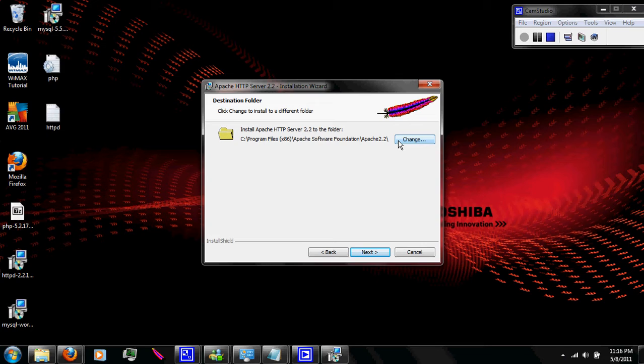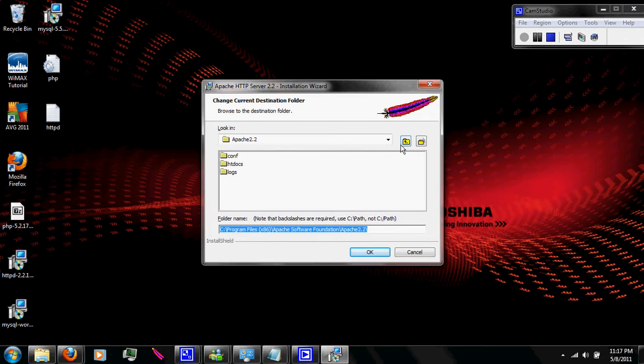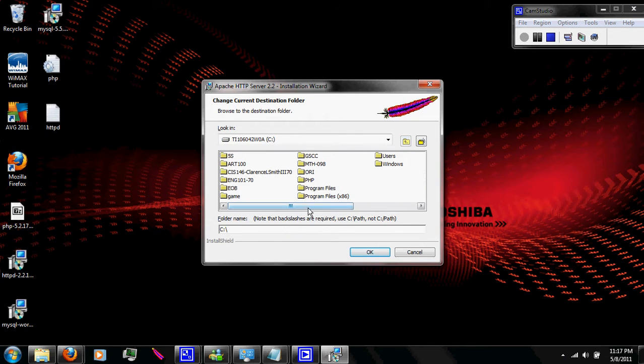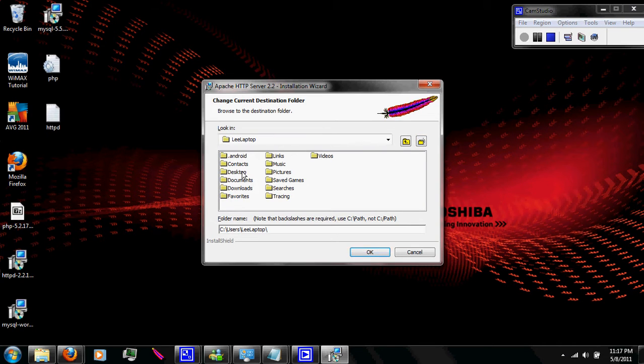You do not want to install it to your program files, as it will not work there. If you have Windows 7, if you have Windows XP, it might. But with Windows 7 and Windows Vista, you will have the UAC go nuts on you every time you try and change a file. So you are going to install it to your My Documents folder because it's easier to find, easier to deal with, and I've already created a folder called Apache, and then you're going to want to click OK